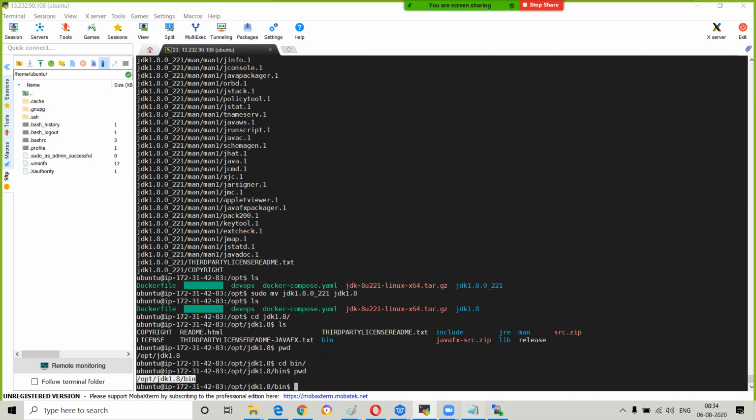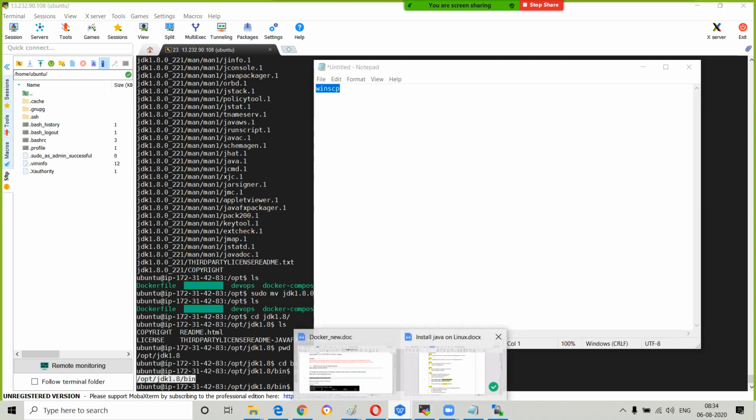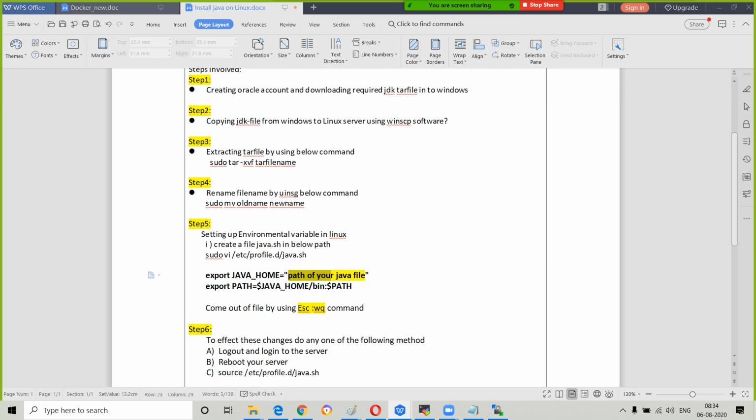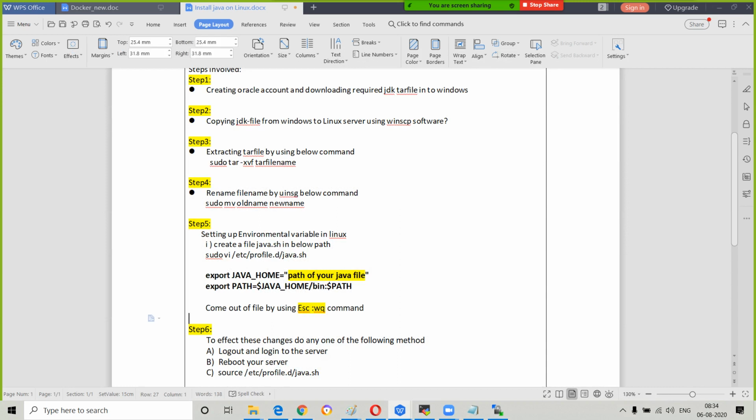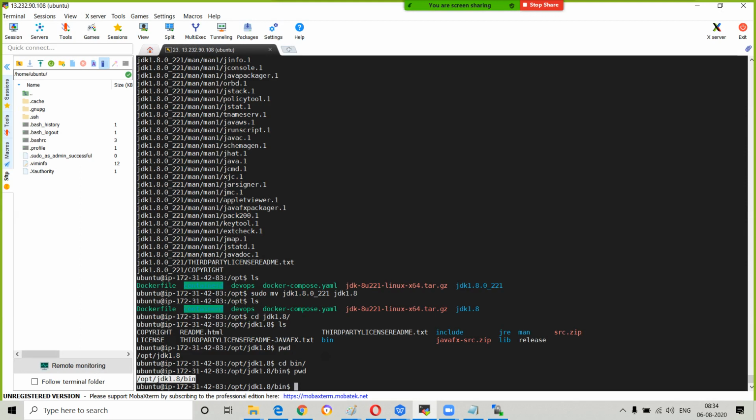If you observe here, in this document the bin path is already taken. Next, export JAVA_HOME, and the dollar means indirectly I'm calling this path, opt Java and the bin path. The same I have copied here. Did you understand? You may get a little confusion here only, nothing else. Just copy where you extracted now. In my scenario, my path is opt Java, guys. You have to place it there.